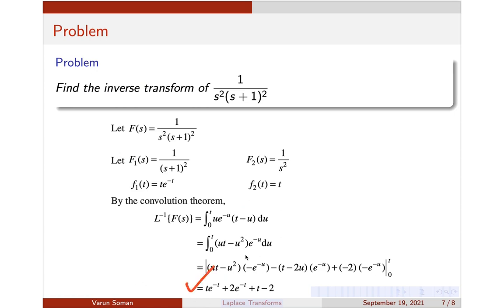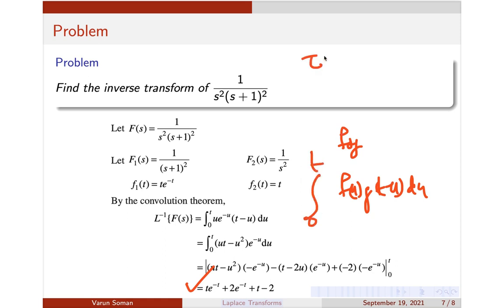So this is the application of convolution. Please try to do more problems so that you better understand what is meant by convolution, because you can easily make mistakes here. Be careful with the substitution. F star g is, remember, the integral of f of u g of t minus u du. I prefer the u notation, because in the case of tau notation, you can easily confuse between t and tau. So better use u notation. Both are just the same.